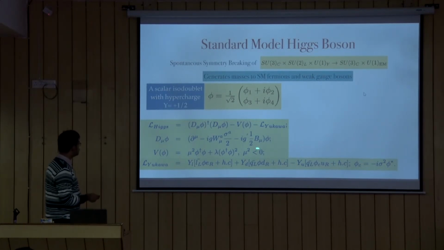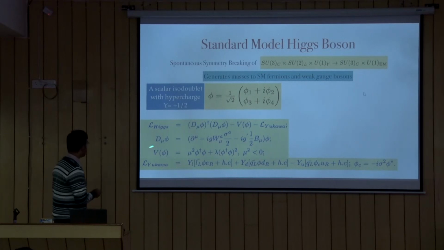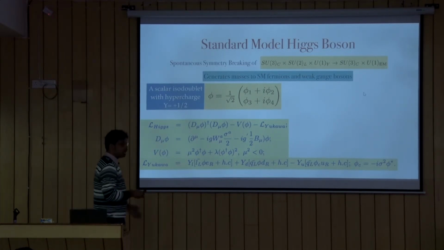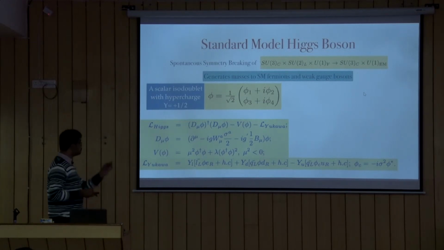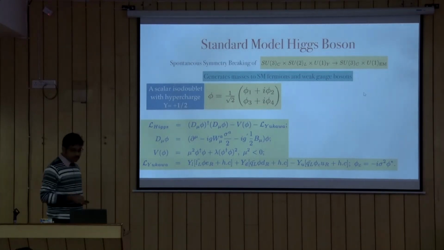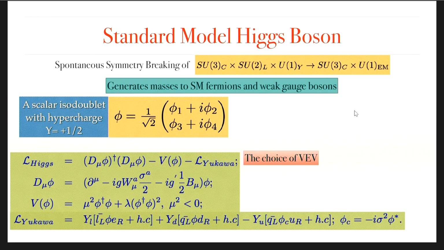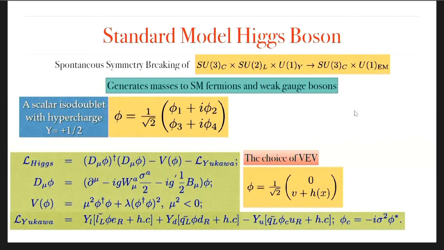Once you choose μ² in the scalar potential less than 0 and identify the minima, it shows infinitely many degenerate minima, and once you choose a specific one, it breaks the SU(2)_L × U(1)_Y symmetry. One specific choice of this vacuum is like this, where you